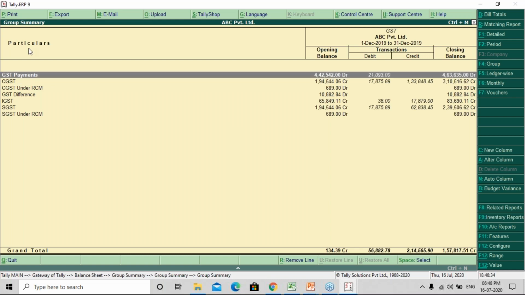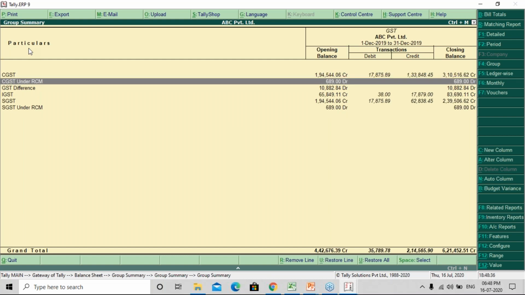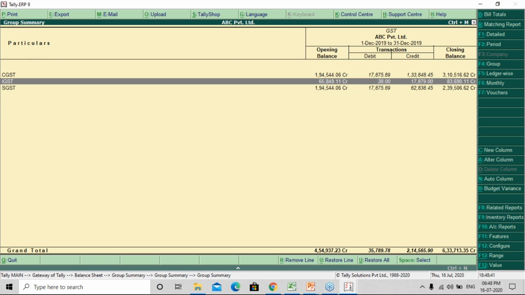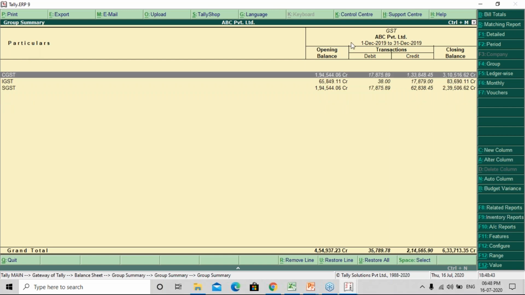I can hide other ledgers by pressing Alt R. I am pressing Alt R, Alt R, Alt R, and Alt R. These are the three ledgers which are important for me. First point,